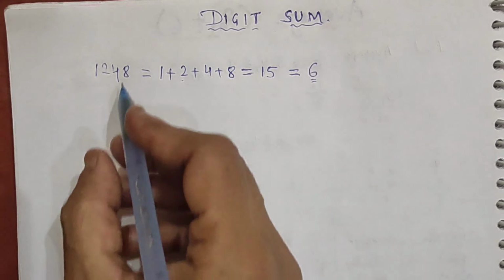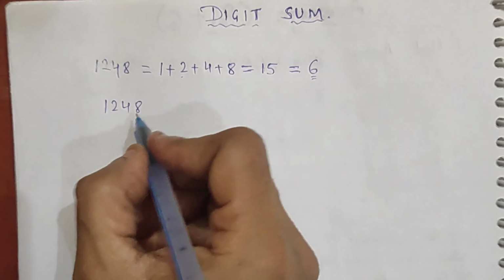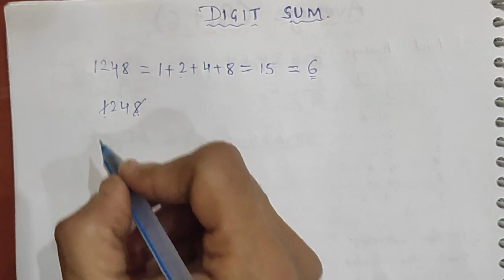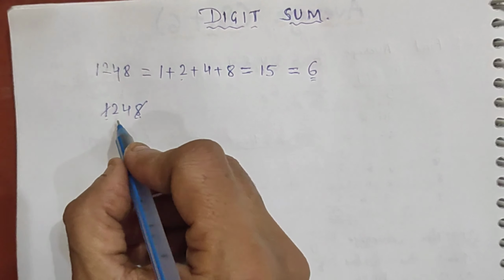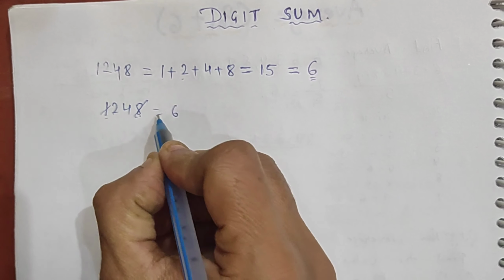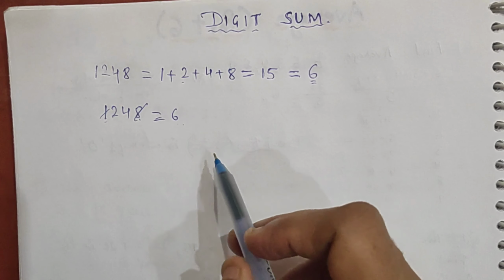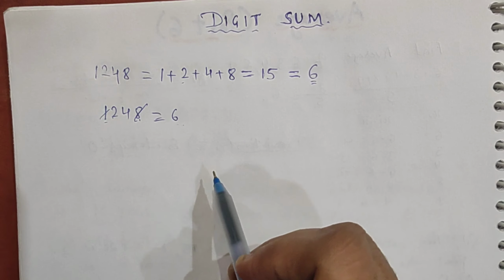Look how. As we know here that 8 plus 1 makes 9. Just cancel this, because 9 is as good as 0. And what we have got, 4 plus 2 is 6. Same digit. Actually here I want to tell you that the digit sum is nothing but the remainder that we get after dividing a particular number by 9.